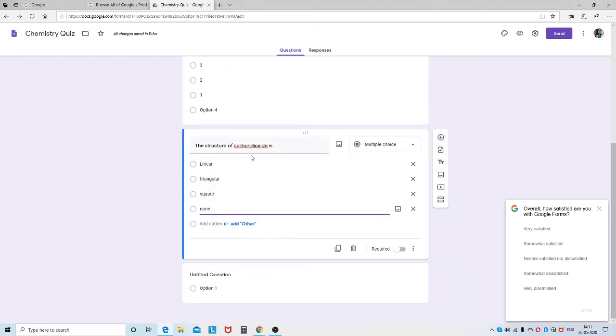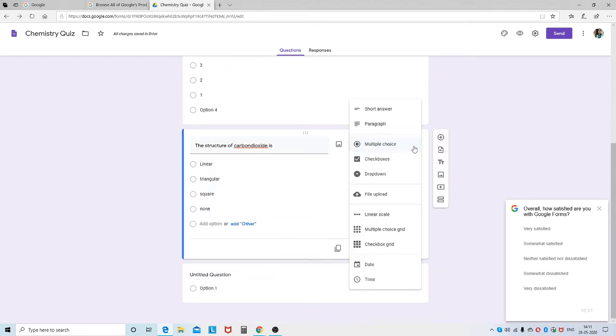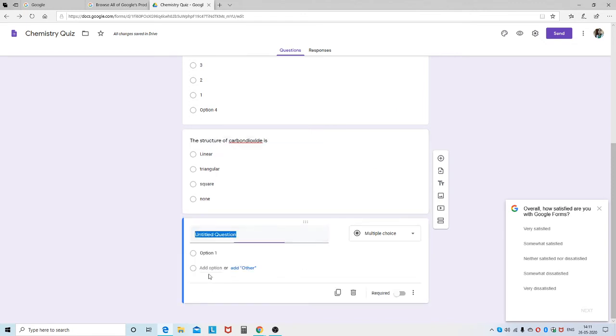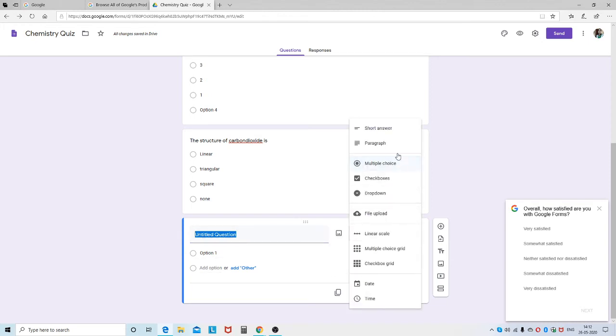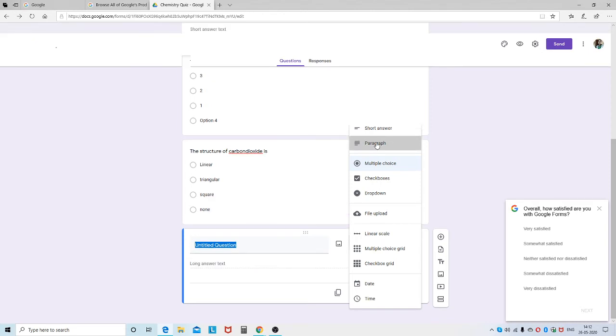Likewise, we can create so many questions. Here you see in this, you can have a checkbox, if you want to upload any files. For example, I can do this question for you. Suppose I have chosen the paragraph question.